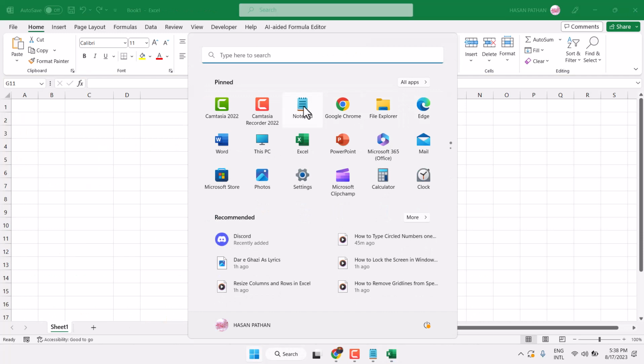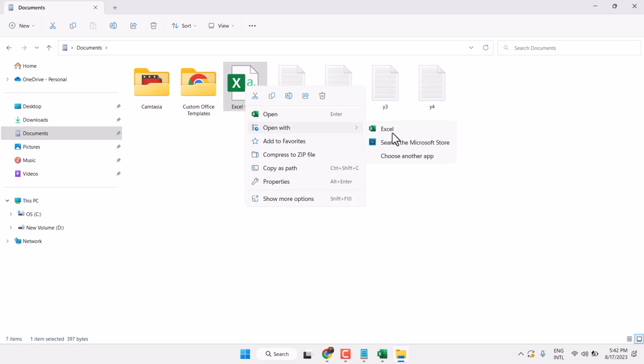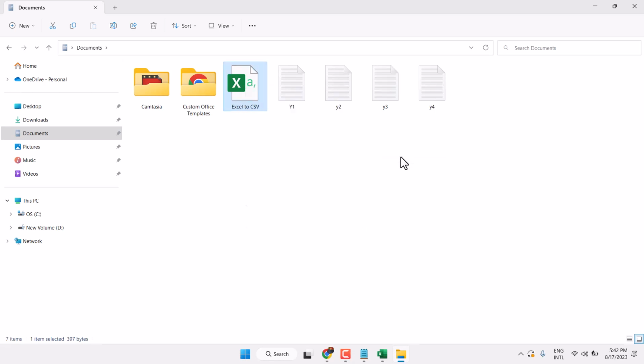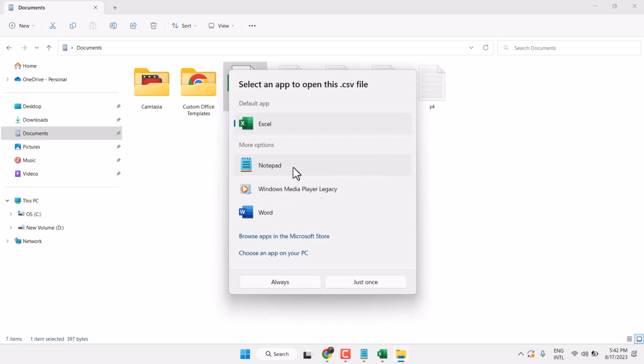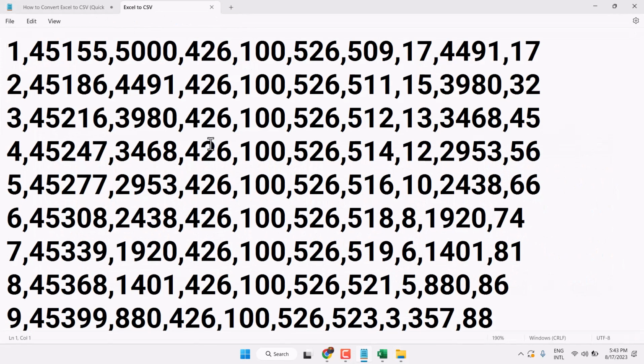Now open and see the result. Right click on it and open with. Choose another program. You can select Notepad. Then click on just once. So we can see now we have this Excel sheet in